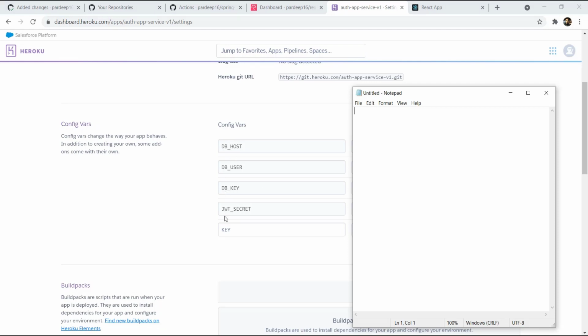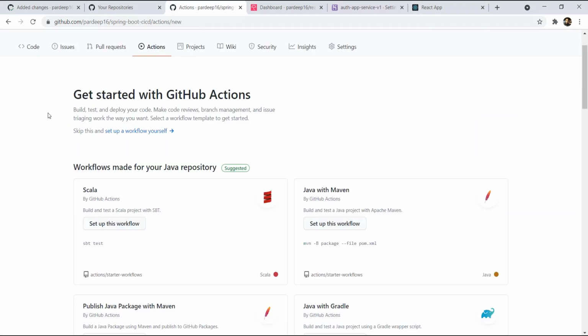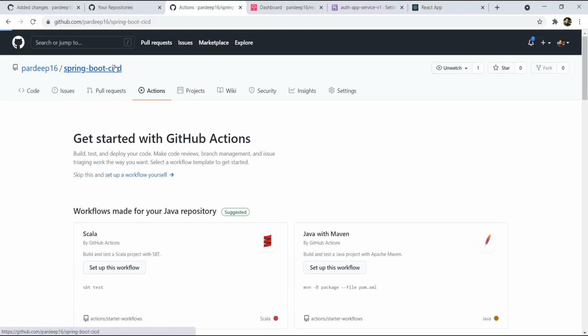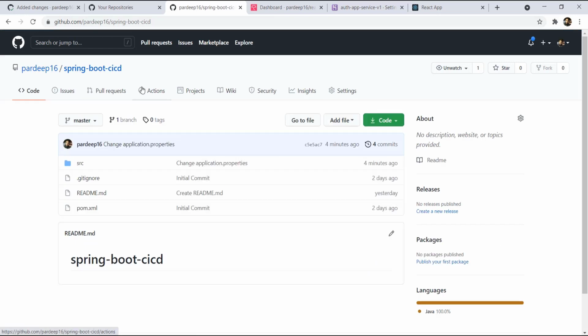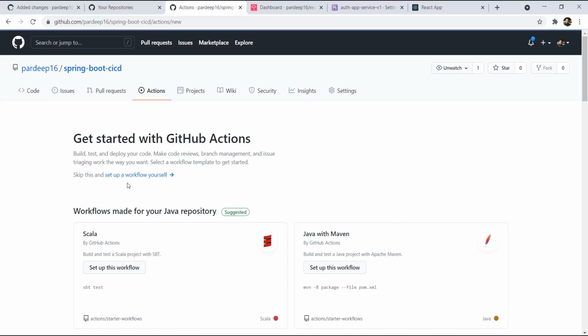All these variables that I required in the application properties, I have created here. So you can add all the config variables here. After that, go to your repository, and we have to create the YAML file for the pipeline. Now set up workflow yourself here.